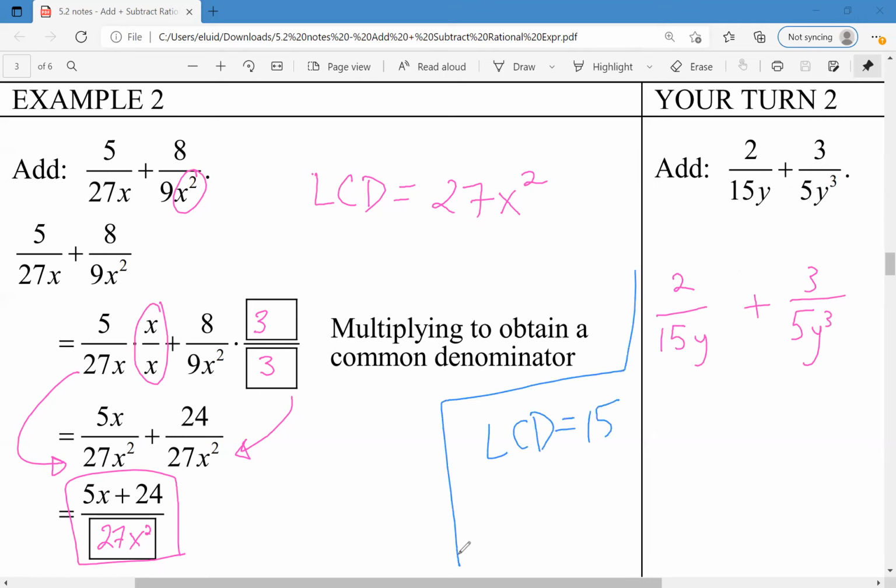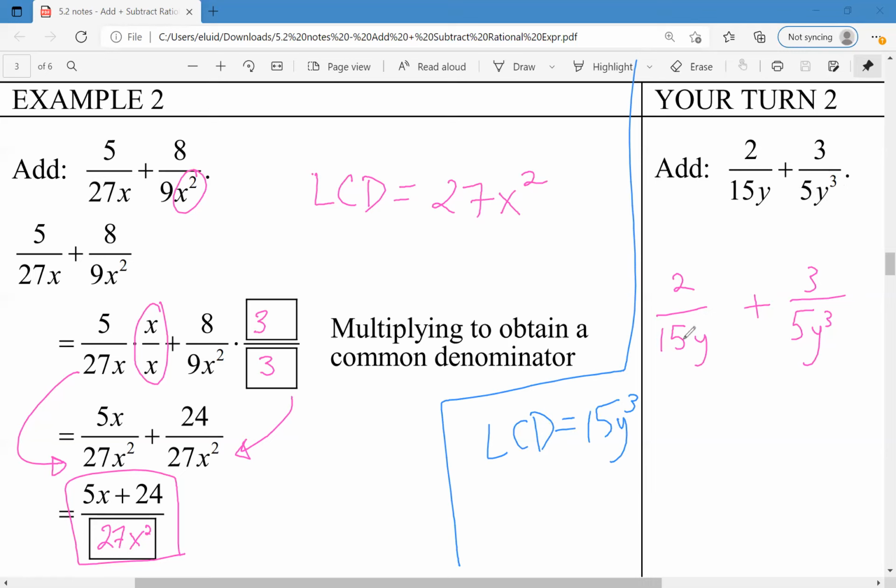And notice the variables of y and y to the third. We'll need the higher of those exponents, which is the y to the third. So our LCD, our least common denominator, is going to be 15y to the third. Now that we know that, let's start multiplying, and we'll fill in what's missing from each of the